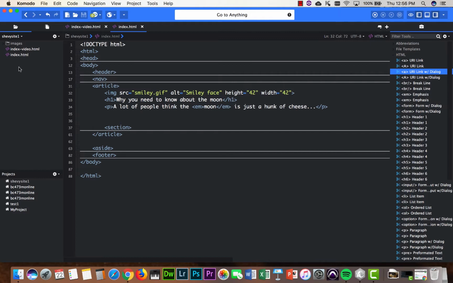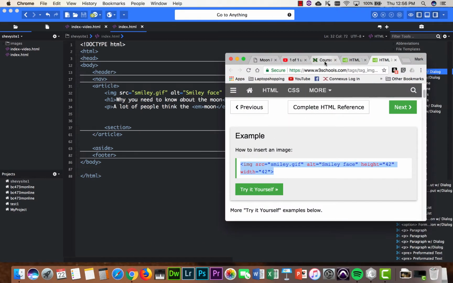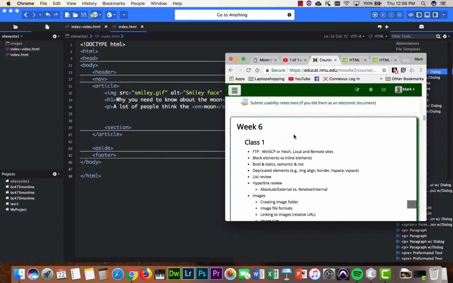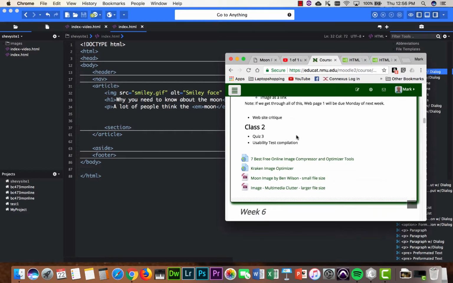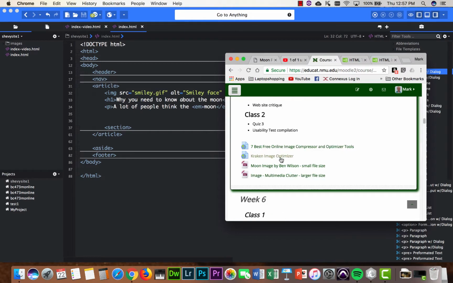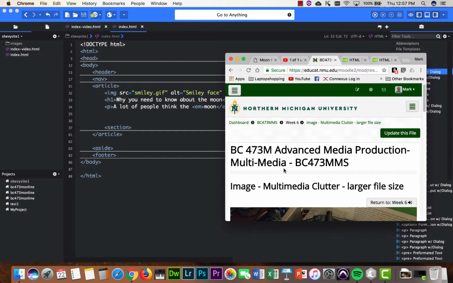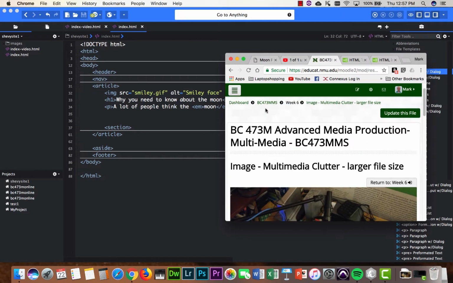Now, let's go get that image. Are you ready? Go get it. We're going to be go-getters. I'm going to go to my browser, and for this I have logged into our course learning platform, and under week 6, if this is still here, it might be different when you actually watch this. And I have an image, so I'm going to click on that,